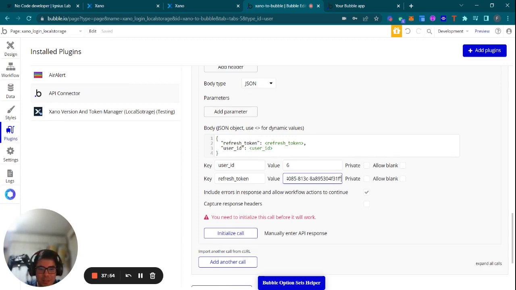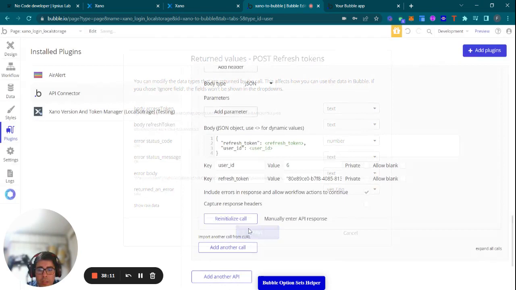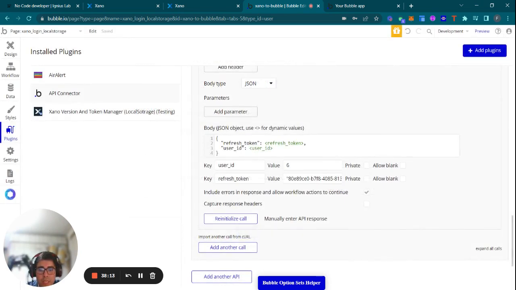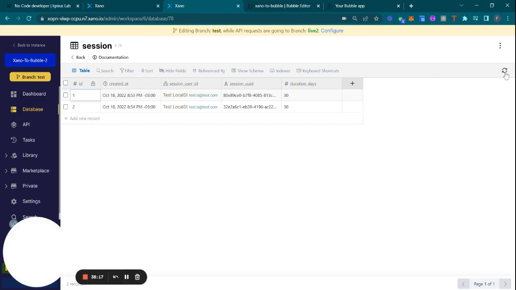In this case, just for this, I have to add the quotation marks because this is a number and is recognized as such in here. So I'm going to initialize the call. And here you have a new set of tokens. So now, as you can see, the new refresh token starts with 602. The one I input was 80E. And if I go again to the backend and refresh this,